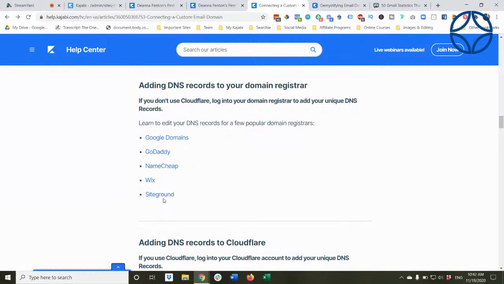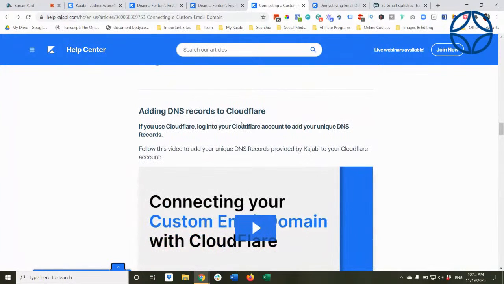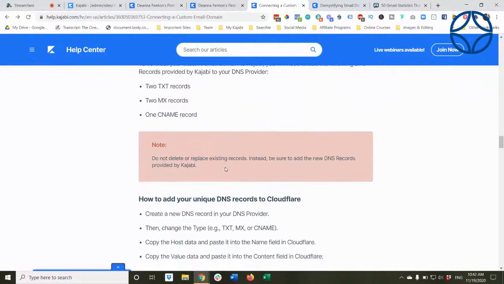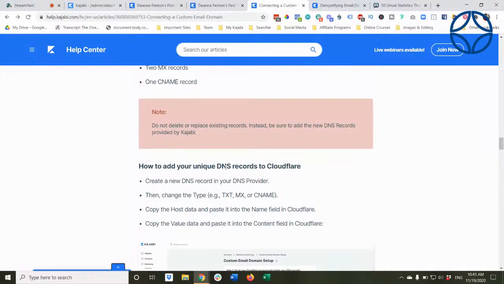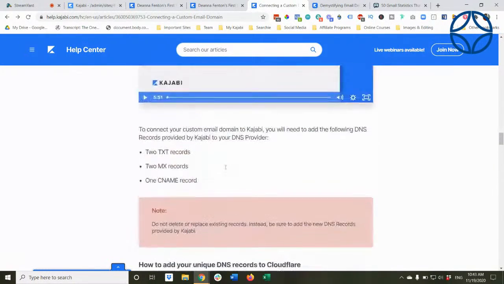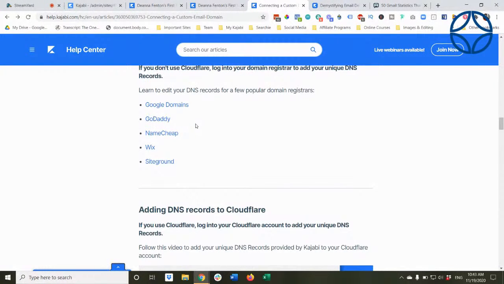So they do have information with some specific domain registrars on how to do it. And also with Cloudflare, for example, my main website is through Cloudflare. I will need to go in there and add 2 text records, 2 MX records, and a CNAME record to be able to use that. So it's one of those things, again, you might want to do a little research on your own to be able to decide